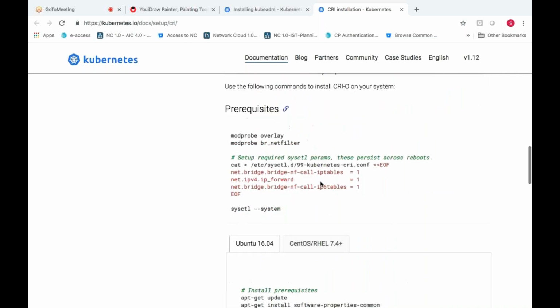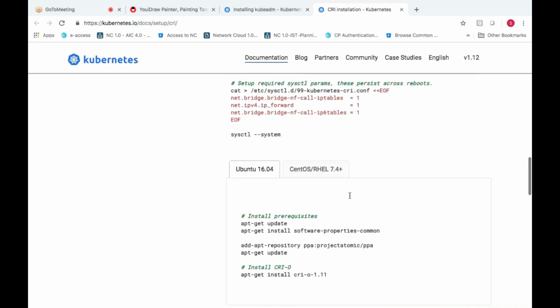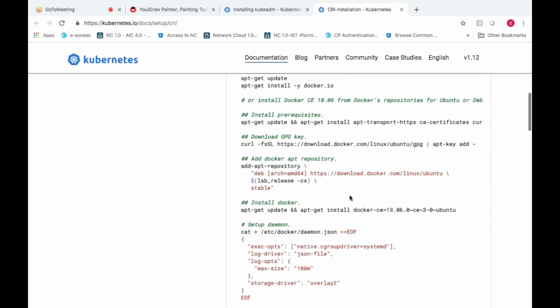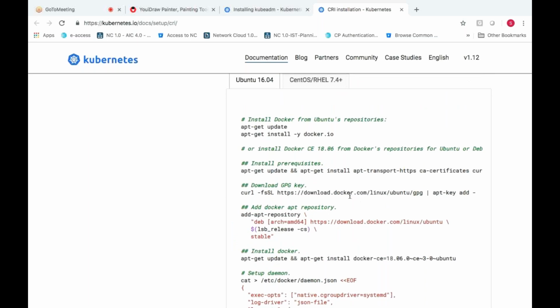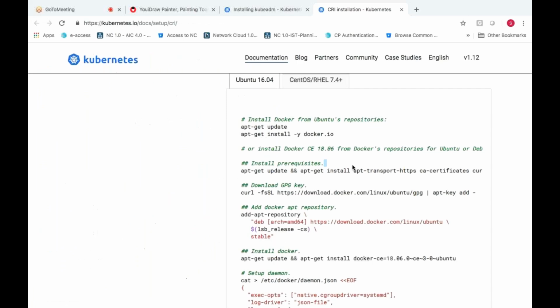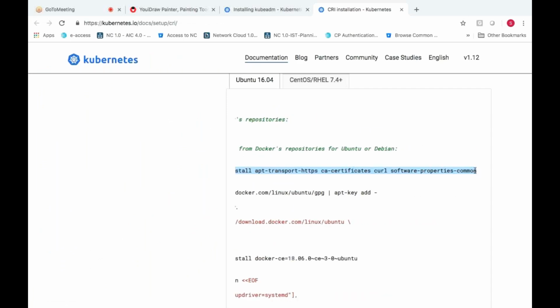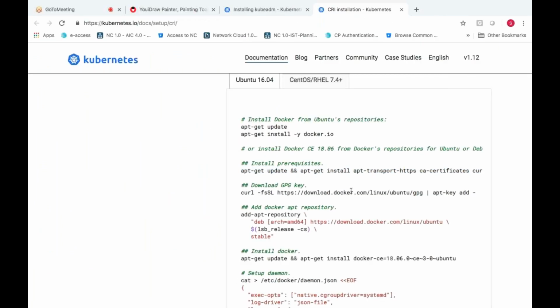Or we can use the 18.06 latest version also with Kubernetes. Okay. So we'll try to do one thing. Just go and install the latest version. Docker version: as of now, we are using 17.03. Okay. So let's try to install the latest one. Why go for the older one? Because the latest one will provide so many advantages for containers. There are a few new implementations in Docker, so let's try to use it.